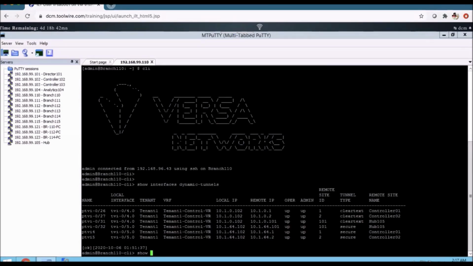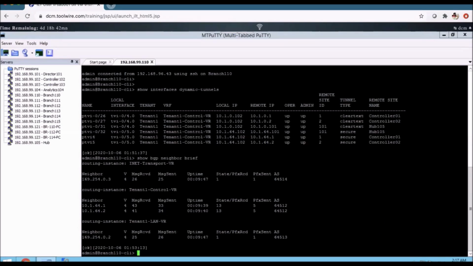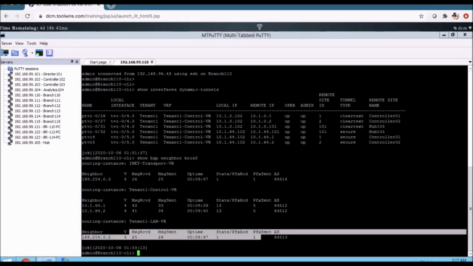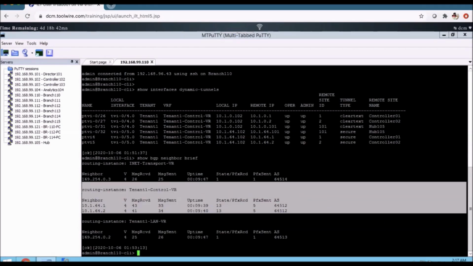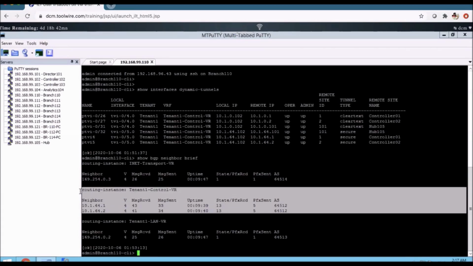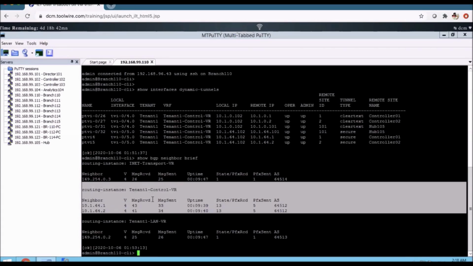If I go and verify show BGP neighbors, concentrate on the tenant 1 control VR and ignore the other BGP routers. There is a controller 1 and then controller 2, the 64.1 and 64.2. The IP addresses 64.1 and 64.2 are nothing but the BGP peering IP addresses.